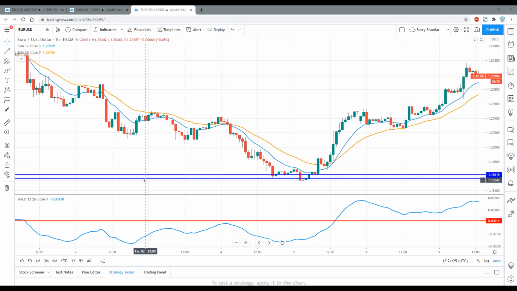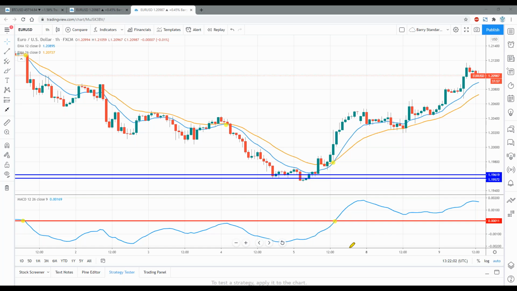Okay, but again, that blue line down below is simply the difference of the two lines above, and it would simply give us a moving average crossover strategy, because every time they cross over, it doesn't matter which number and which way, the difference between two exact numbers is always going to be 0. So when you see that the MACD line crosses over the 0 line, we know the two lines above have crossed.